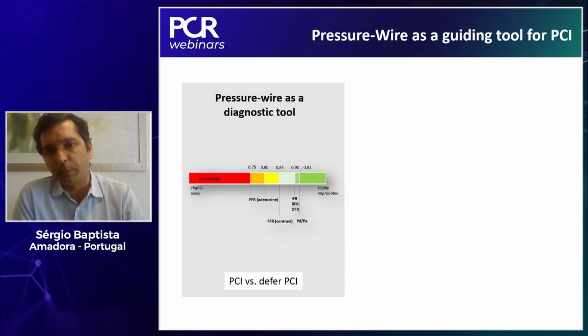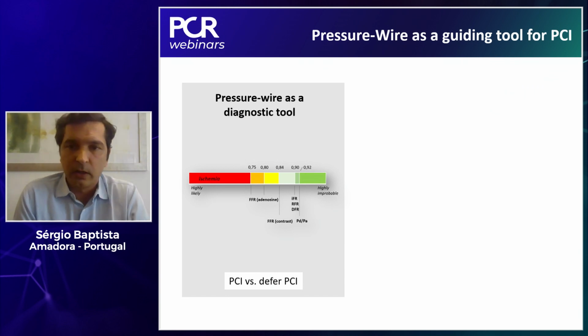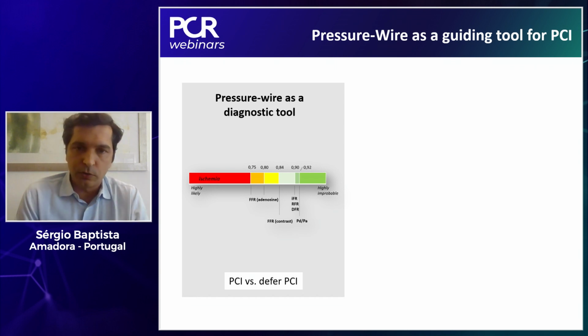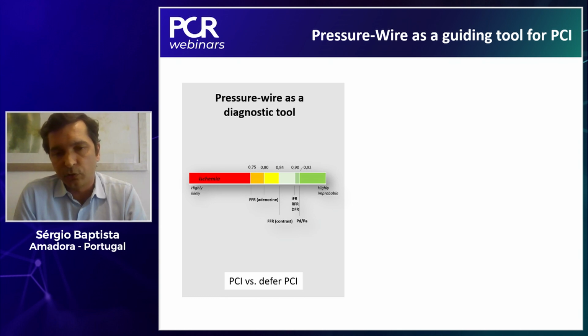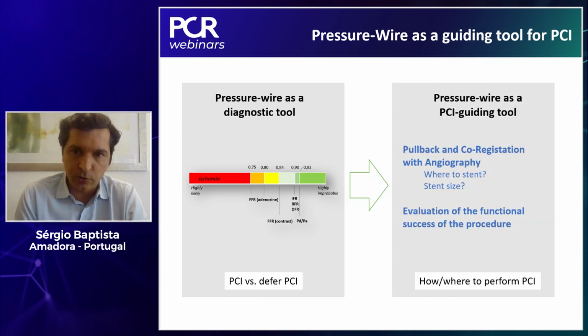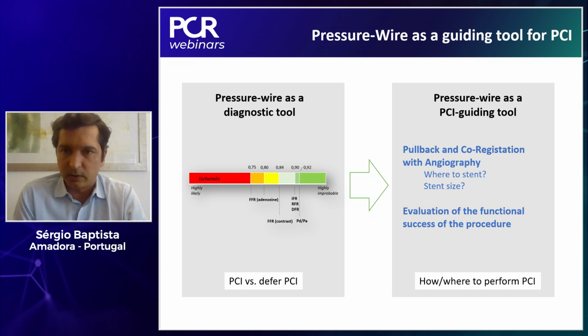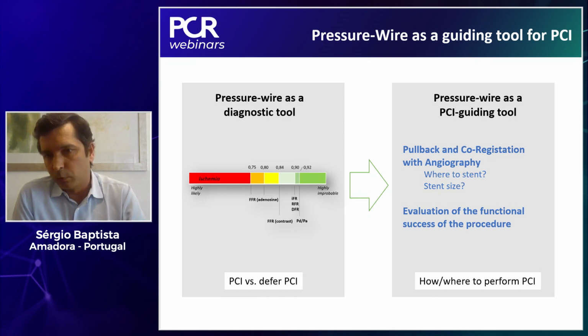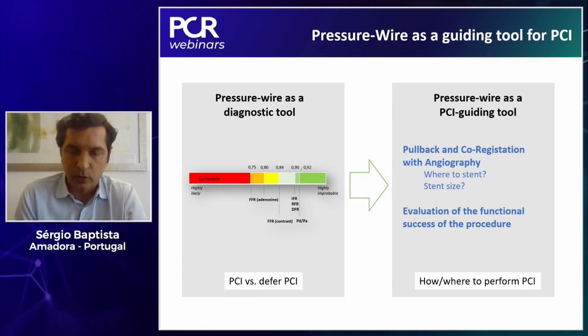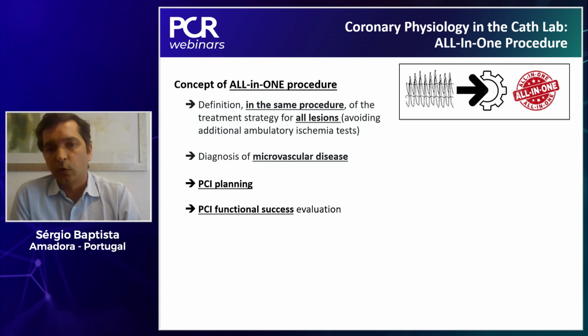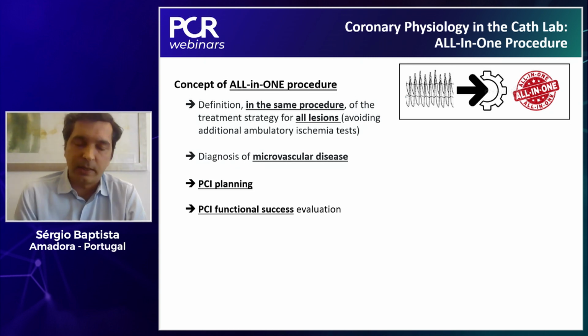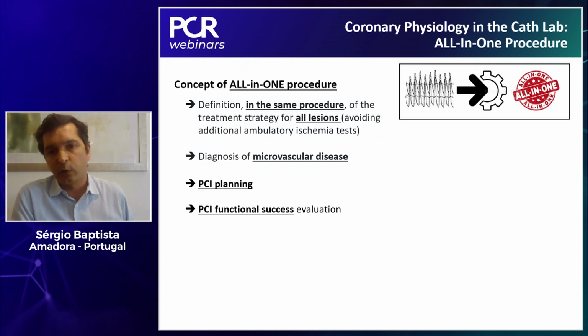And finally, the third group of patients in which you will need a pressure wire are the ones in which you want to guide the PCI itself. So nowadays, you can use the pressure wire to decide if you need to revascularize a lesion, but you can also use it to plan the way you are treating the lesion. You can do it by doing pullbacks and co-registration that will help you to decide where to put the stent and the stent size. And at the end, you can even evaluate if the procedure was successful. And this is the final group of indications for using the pressure wire in the cath lab: PCI planning and evaluation of